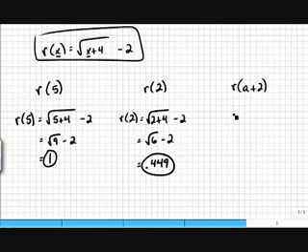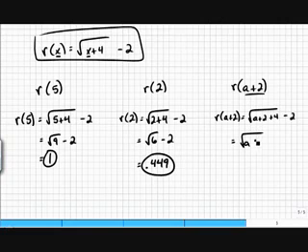And finally, on the last problem, we have r of a plus 2. And again, what that means is anywhere we have an x, we're going to plug in a plus 2. So we have the square root of, instead of x, again we put an a plus 2 in the place of x. So we now have the square root of a plus 2 plus 4, minus 2,